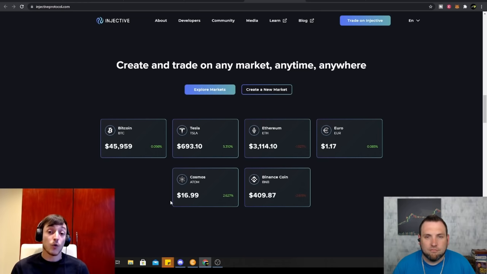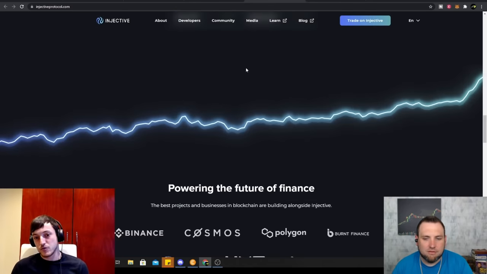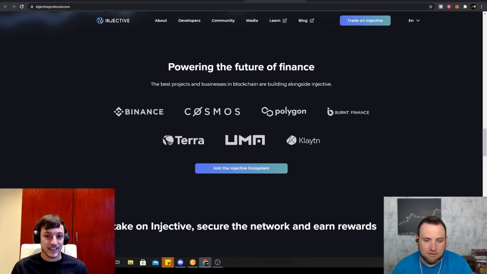There are other order book model exchanges out there. I think Serum's one on Solana, and I used Serum recently. The UI was horrible. And there's also 0x Protocol. But by the way, I hold Serum as an investment, so I'm not just saying that because they're a competitor. I actually have Serum. It's done very well for me, but the UI just wasn't that good. So I think there is a need for, like you say, a decentralized way for traders to trade with the full functionality they need.